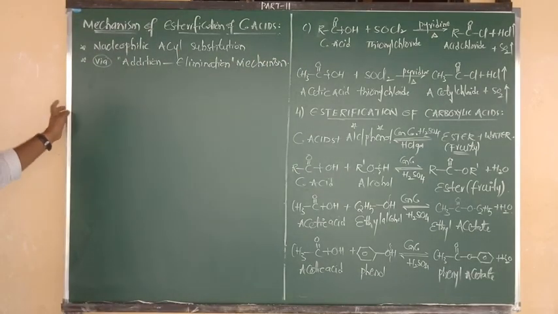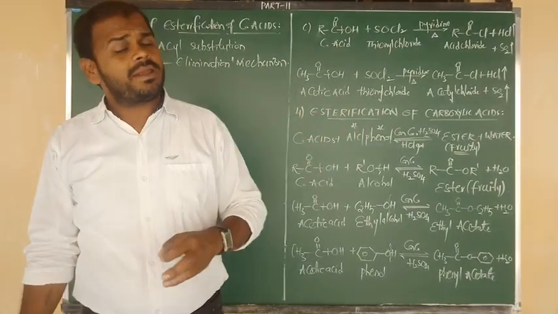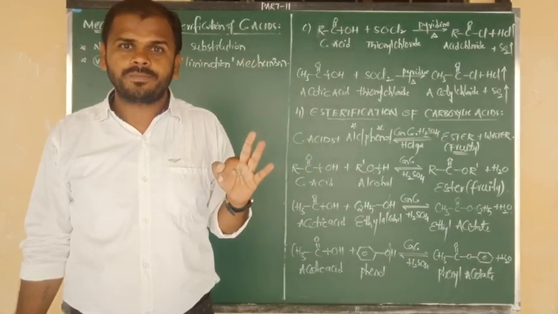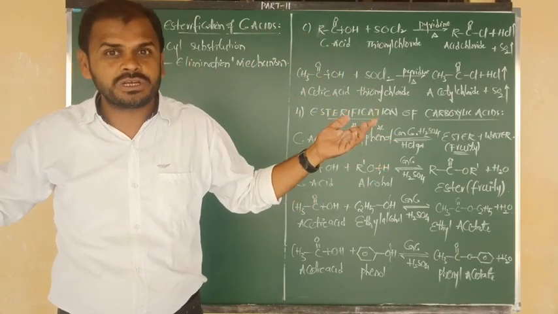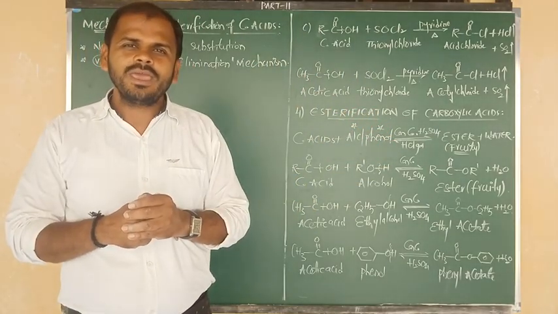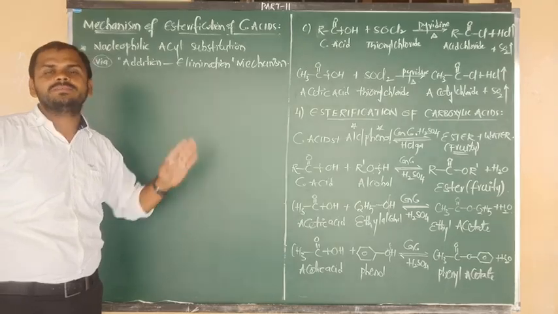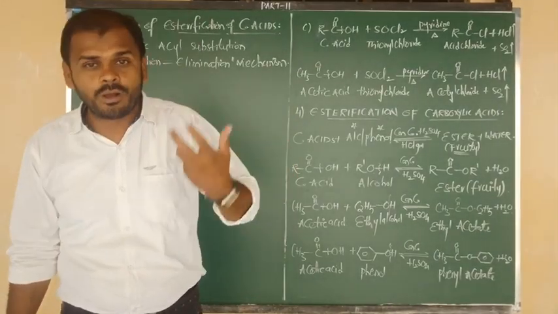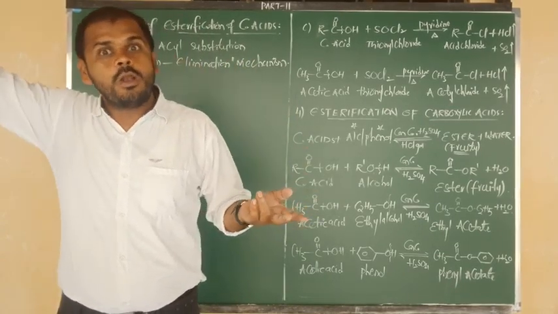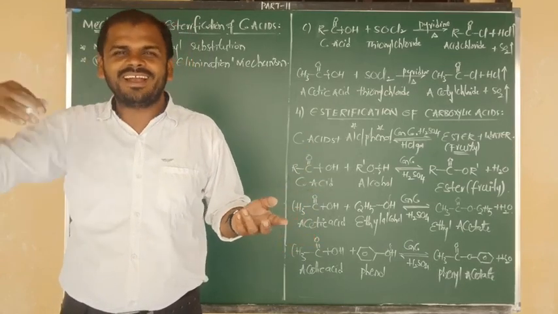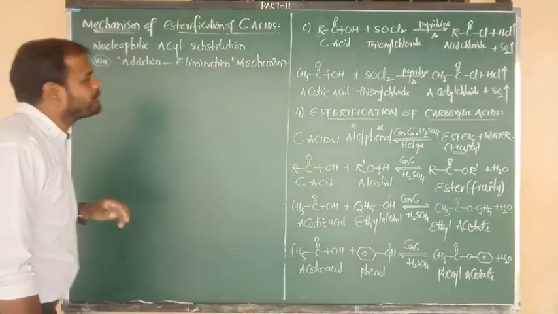Good. So listen carefully once again. Up to now, we have seen so many mechanisms in organic chemistry. But in every mechanism, mainly we have considered three steps. The first step is protonation, the last step is deprotonation. Mostly we did that only. But in this esterification mechanism, mainly we have 5 steps. First one is protonation, last one is deprotonation, but in between, another 3 steps are there. Now, I am going to show you.